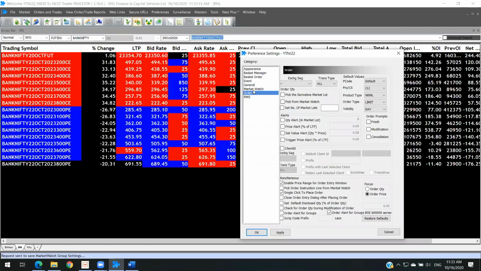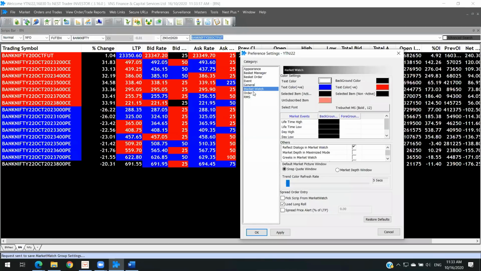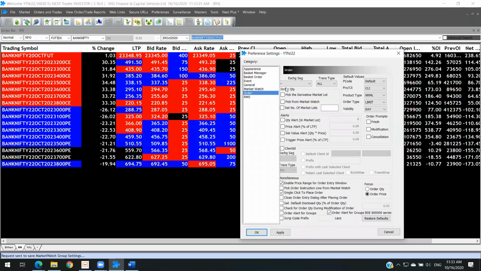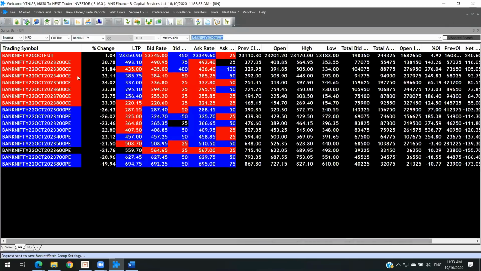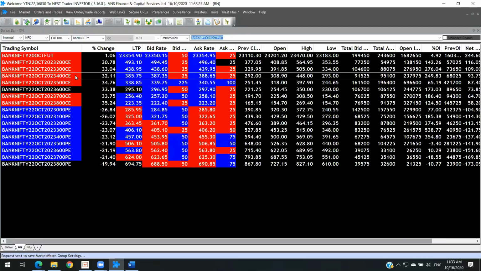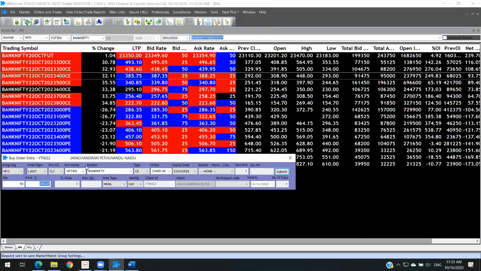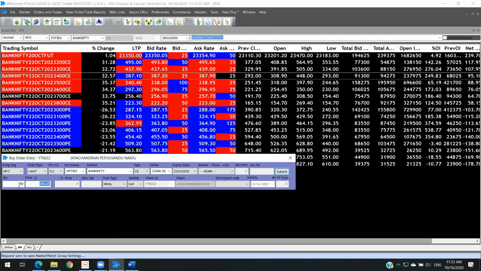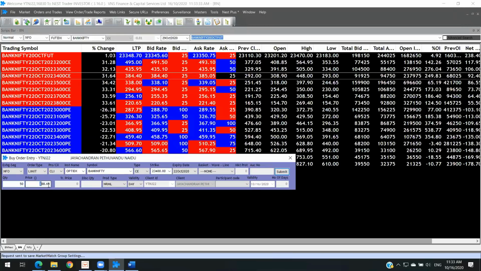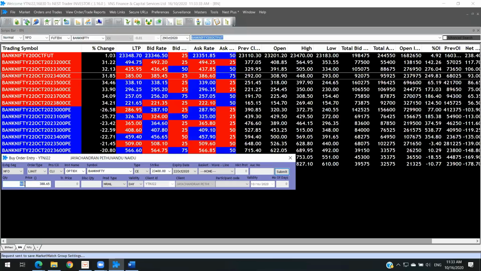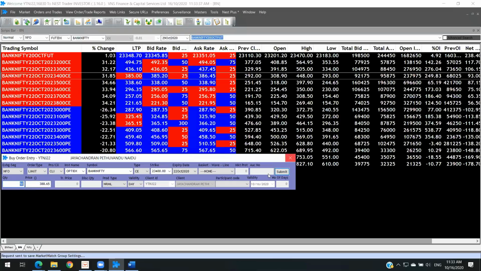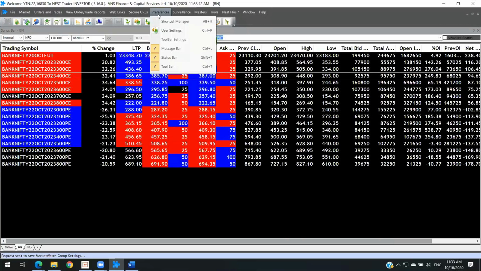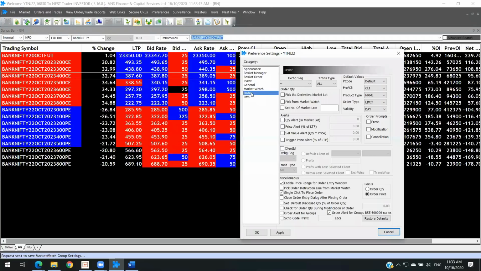Once you select all these market watch and other things, now comes the crucial part, which is called the order window. What is the order window? When you are placing an order, look at this. This is the order window, right? Whether it is a buy or a sell, you are getting a default count, and people are wondering how you are getting the default 388 and a quantity of 550 and so on. What you need to do is go to preference, go to user settings, click on order,